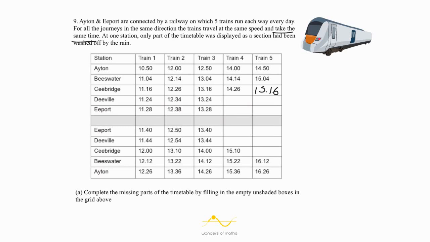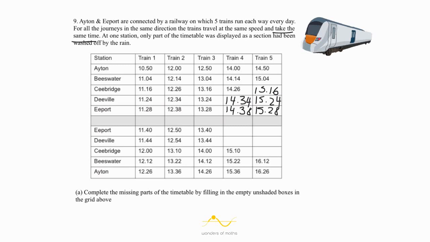It takes all the trains 8 minutes to get from Seabridge to Deaville, and so train 4 would arrive at 2:34, and train 5 would arrive at 3:24. It takes all the trains 4 minutes to get from Deaville to Eport, so train 4 would arrive at 2:38, and train 5 would arrive at